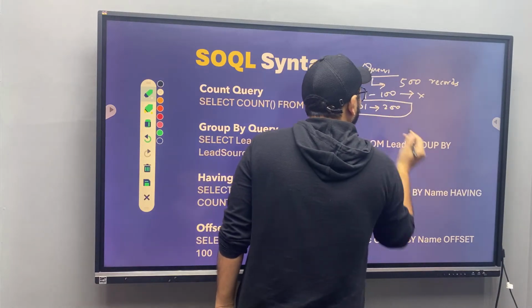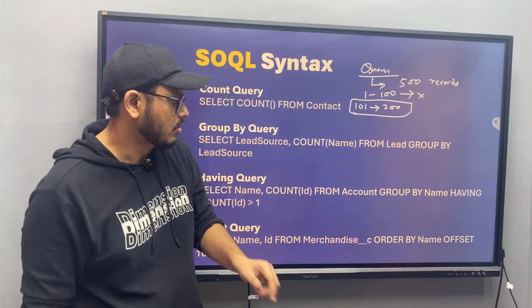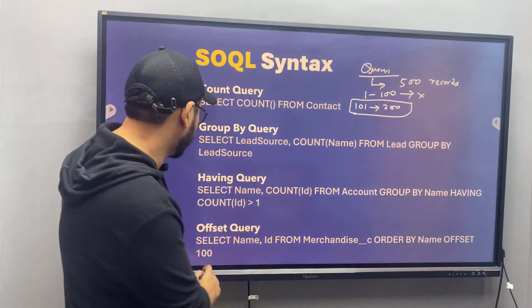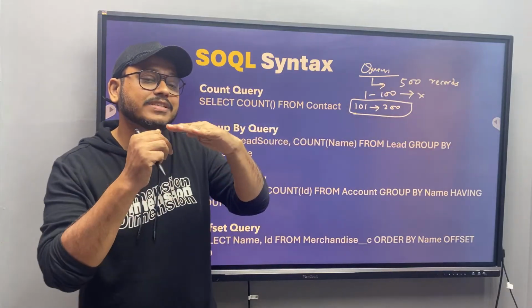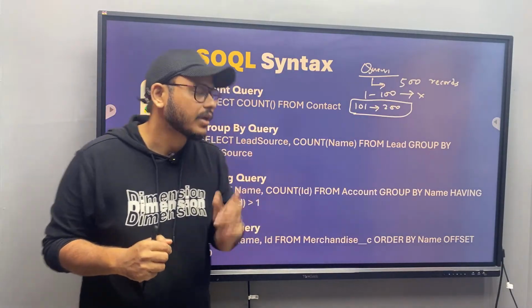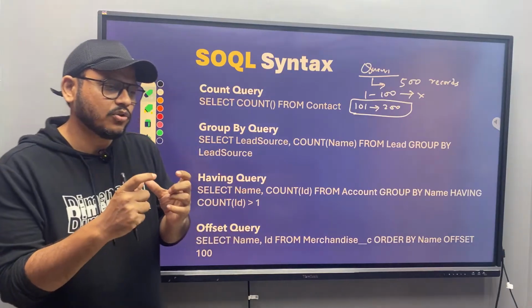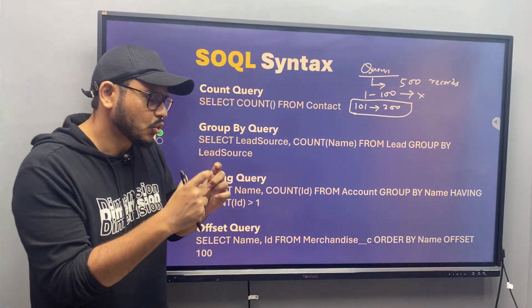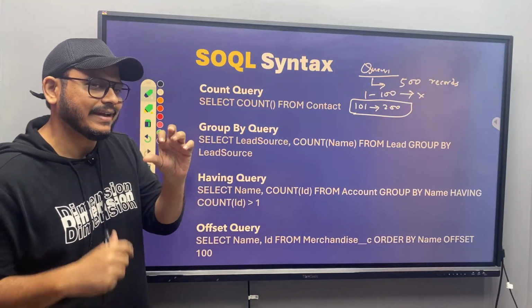Okay. Now here what you can do, you can simply add one more clause called offset. You can say offset 100, let's say. So in the query, if you write offset 100, it is going to skip the first 100 records and show you the result after that. Okay. Now, why and where it can be used? It can be used any place where you are trying to show the data in chunks,